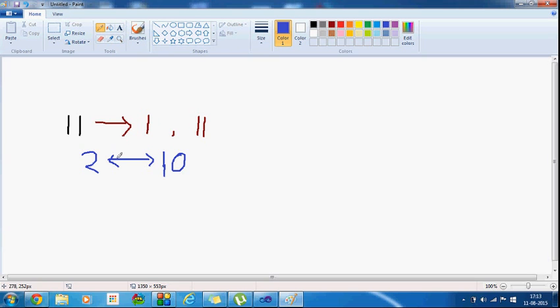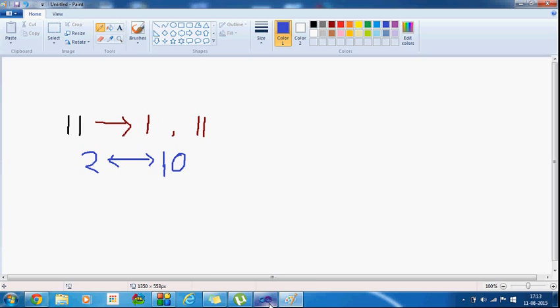I will check if the remainder is 0, it means 11 is divisible by some number, and if it is not divisible by any number from 2 to 10, then it is a prime number.